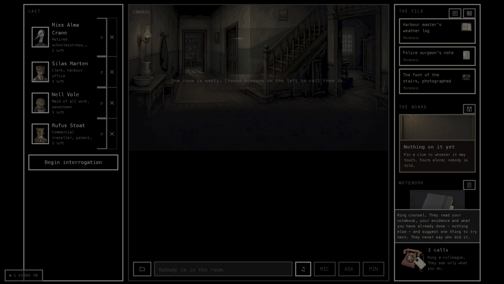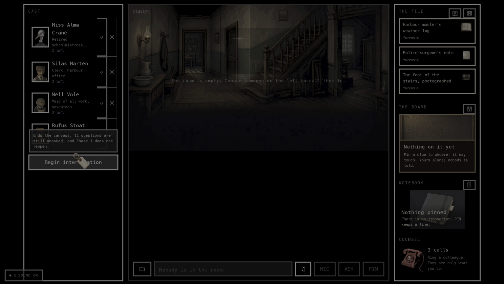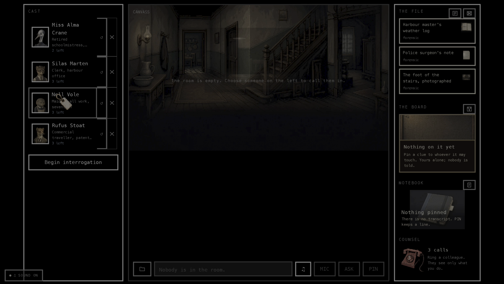Now the AI doesn't know the case, so it will only help you with how much you have seen about the case. So it doesn't reveal the answer, right? And you have a certain number of questions that you can ask. All of this is wired to GPT Luna, which is pretty cheap now. And I can basically show you how the game works, and I can talk about the process that I took to create this game.